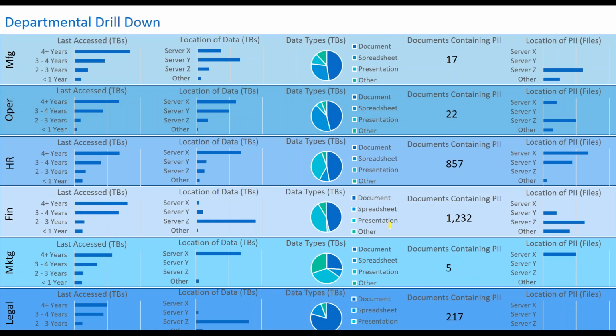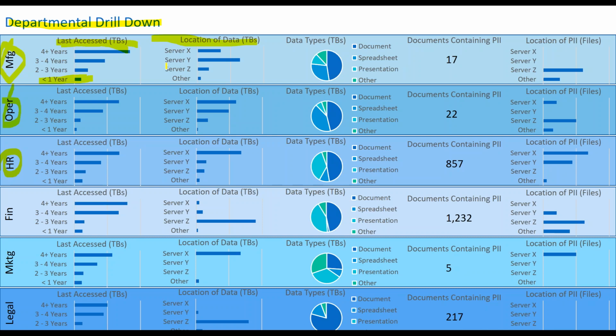Here's another example of a report, again, a report that was generated using third-party tools. This is a departmental drill down report looking at different organizations that are out there, like operations, HR, and so on. So looking at data that was last accessed. Here they're looking at where's the stuff of value, the stuff that people are really using, that they've been accessing over the past year. And we all know that as data ages, it really loses value, or even if it does have value, users lose sight of it, and it becomes just lost in the ether.